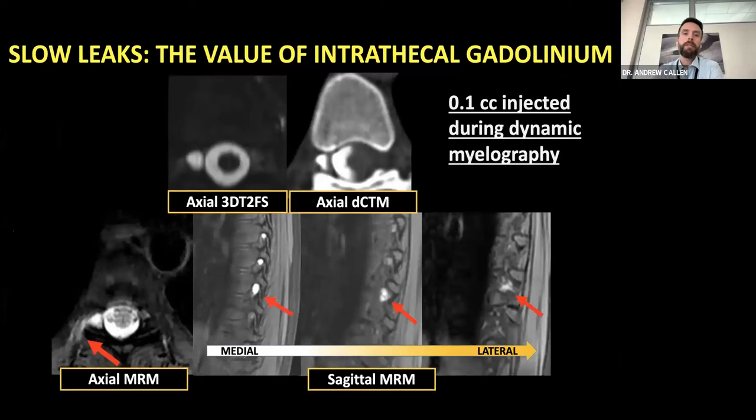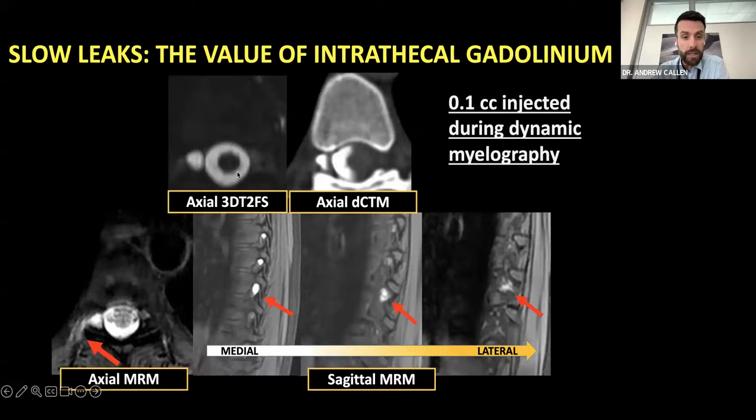I want to make a small plug here for the value of intrathecal gadolinium. Not all places use this, but people wonder, what if I have a slow leak? What if it's not a fast leak where fluid is pouring out? And we do find these in certain cases. So if I find myself bringing a patient back for a second exam, or we find ourselves scratching our heads wondering if potentially there's something that we're missing on conventional myelography, we inject just 0.1 cc's of gadolinium intrathecally during